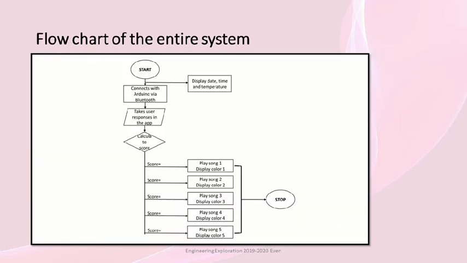Next comes the flowchart of our entire subsystem. Having done with the 3D modeling and circuit designing of our project, the components are ready to function. But in what order? We need to specify the processes that take place in our system. This is shown by using a flowchart. The process begins by connecting the Arduino via Bluetooth. Then user input is received. The score is then calculated based on the response given by the user, and a suitable music and color are displayed.